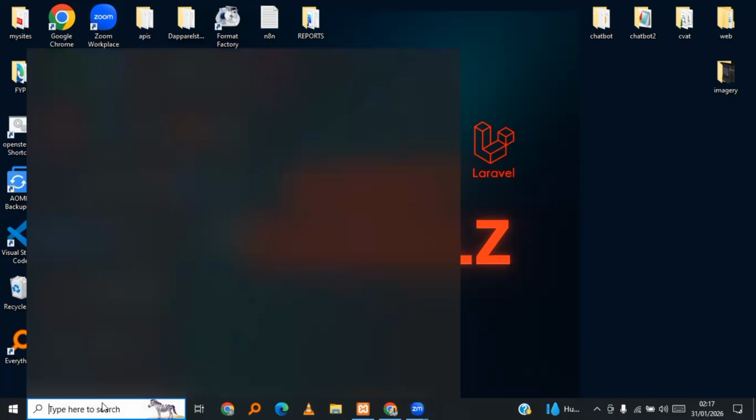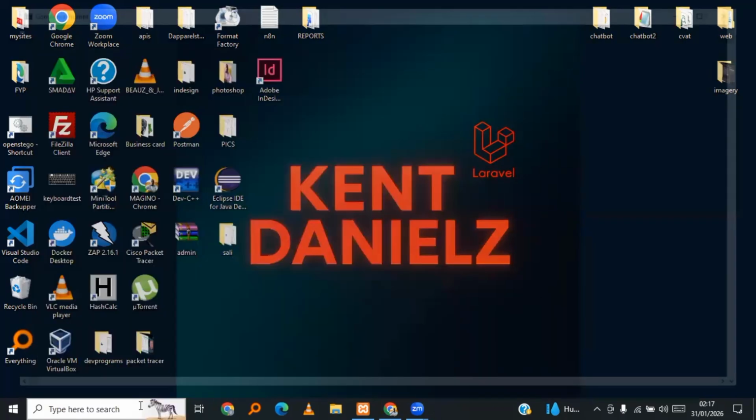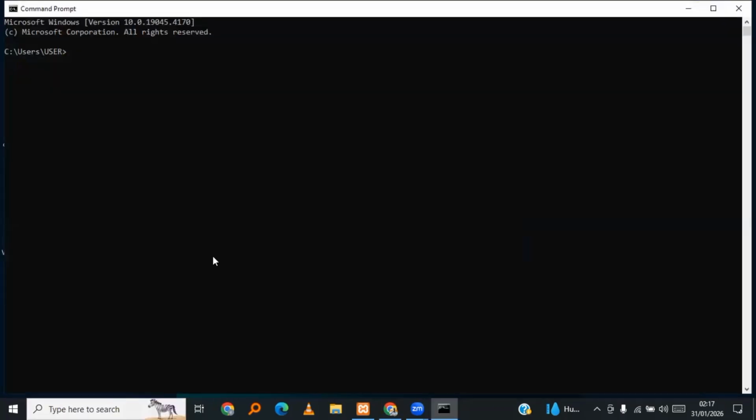So we shall start by using the CMD command to get the terminal. You can press enter. So we shall create this project on the desktop. So we do cd desktop, and after that you can either use a command called Laravel new,